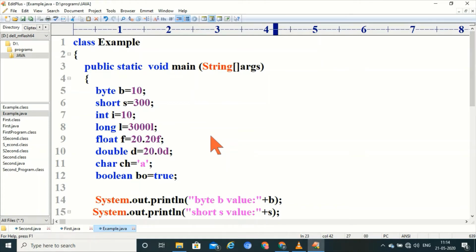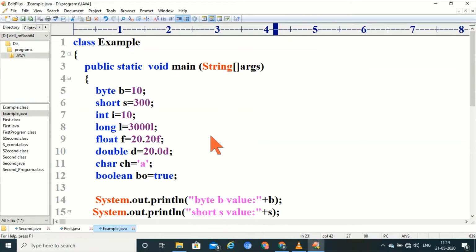We have primitive type conversions of two types: implicit type conversion and explicit type conversion. Implicit type conversion means automatic conversion. In this conversion, there is no loss of data, hence the compiler compiles the given class.